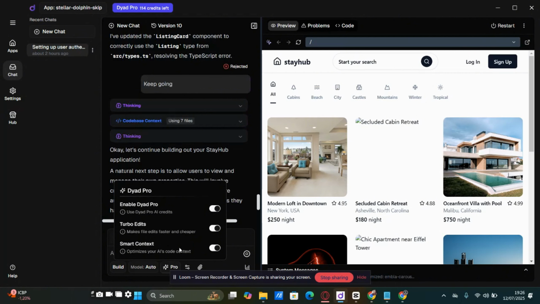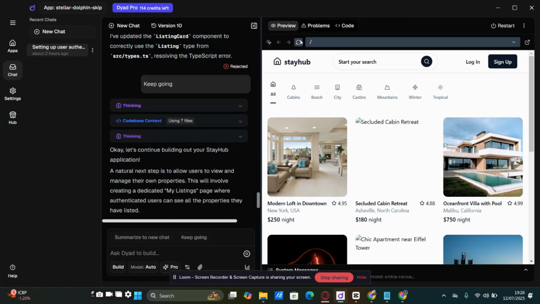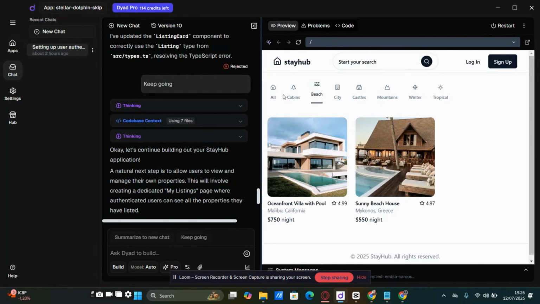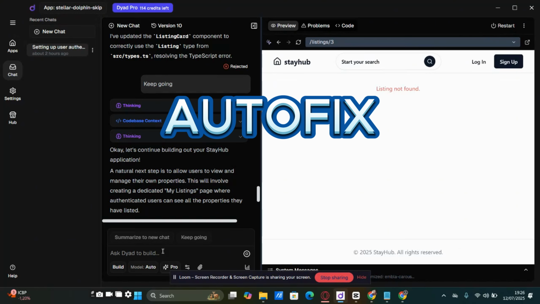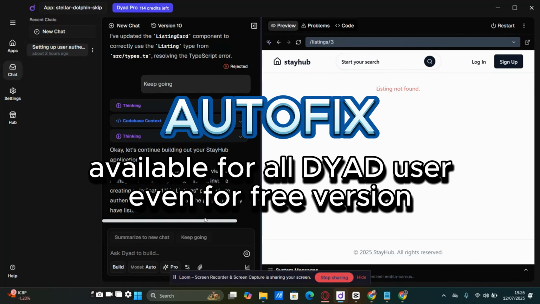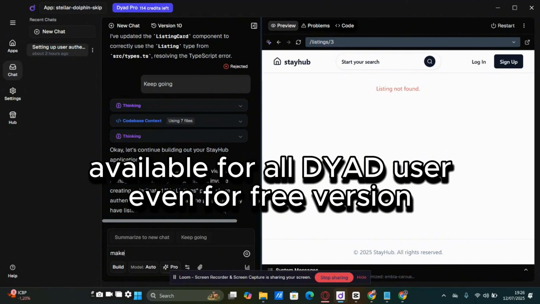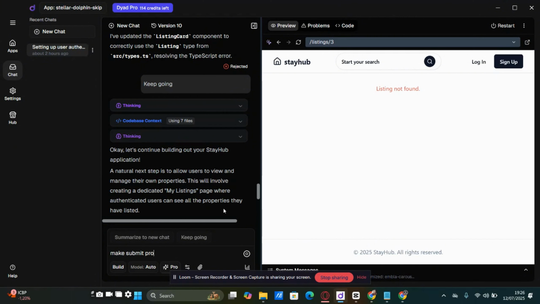Building forms and handling errors automatically. Now let's look at the detail page. We'll also be creating Submit Properties forms along with login and registration forms. Get ready for another mind-blowing feature that makes app building an absolute breeze: DYAD's Auto Fixes. Imagine this: DYAD automatically detects and fixes problems within your app even before you tell it to. This is a game changer, making app building incredibly easy and virtually error-free for you.